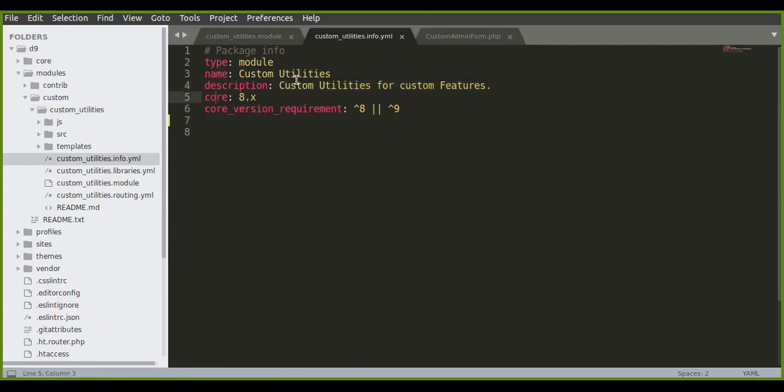Since it is 8.x, if we put this line, this will run in our Drupal 9 application also. Currently this D9 is a Drupal 9 application. This 8.x version is also compatible with our code only because of this line of code. And once you put the .info file, that's enough for your module visibility.